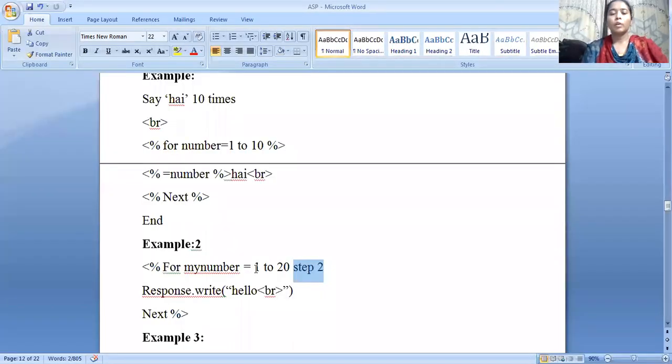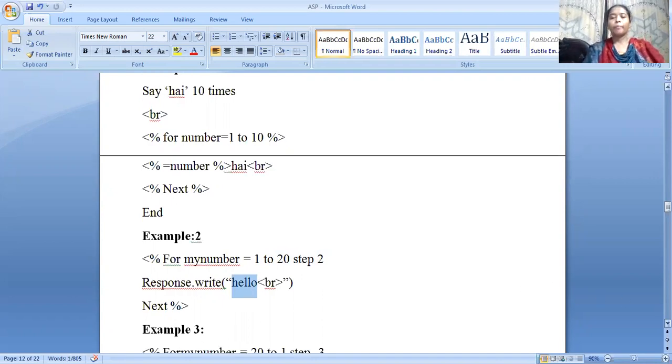So 1 to 3, 3 to 5, 5 to 7. In that manner, hello will be displayed 10 times.